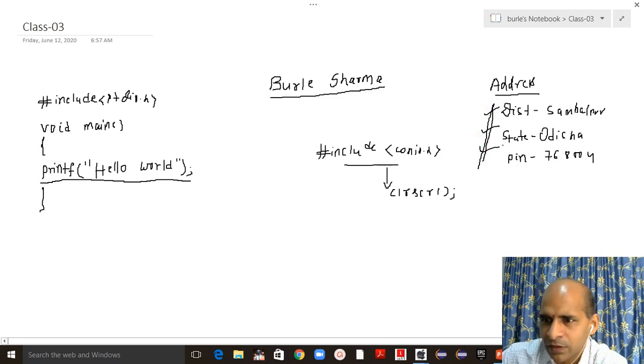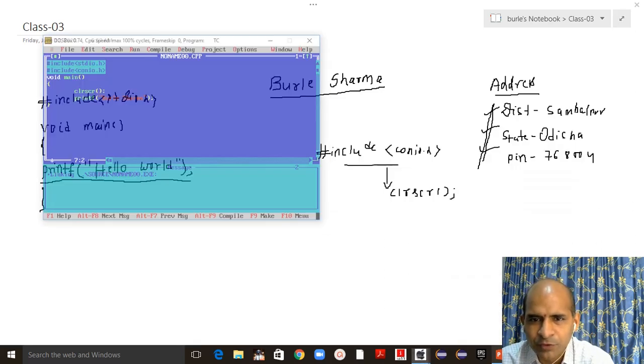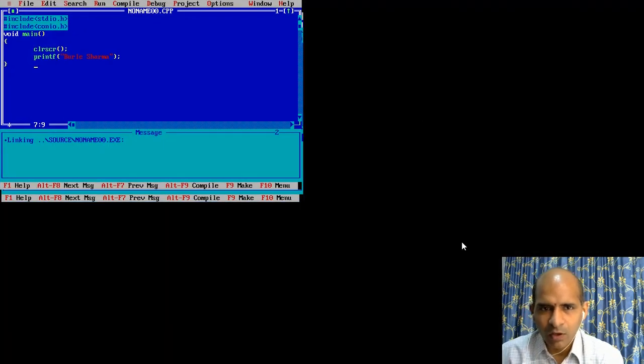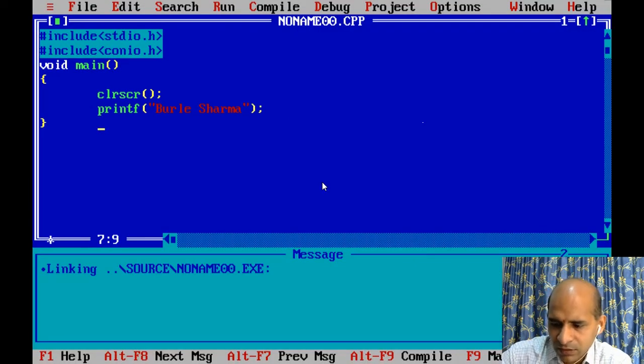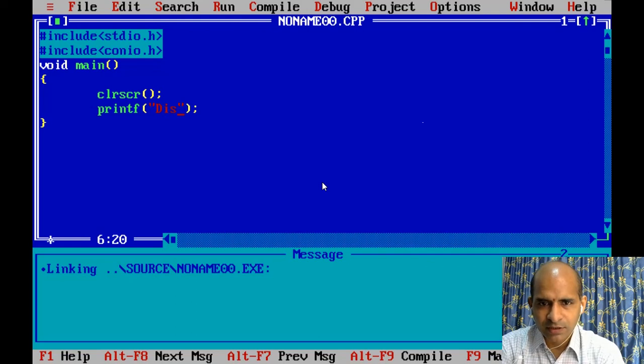So in the program, I use Alt Enter to make this full screen. Now I want to use clrscr, and under this I want to print my district as Sambalpur.